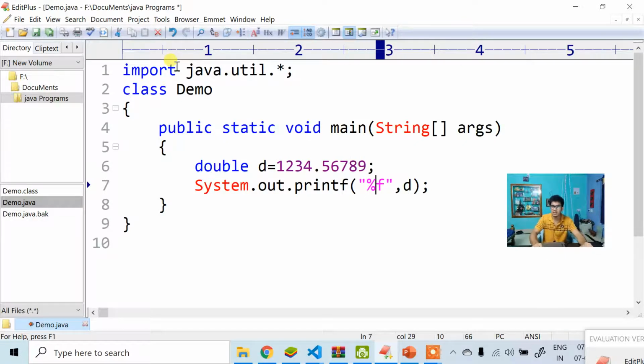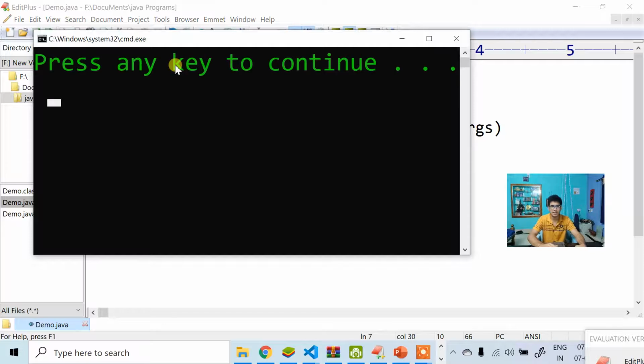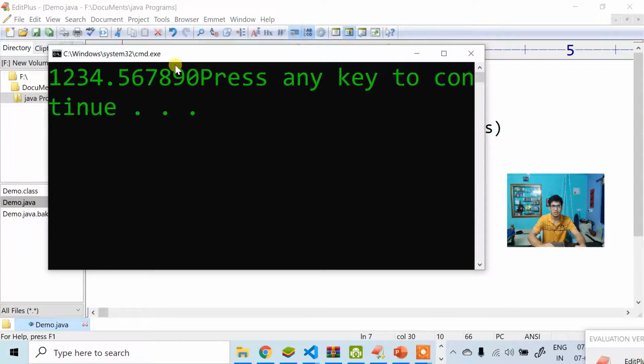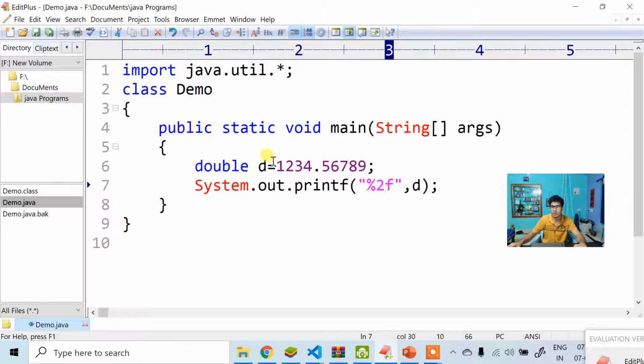What I'll tell here is, let's see, if I tell 2f for percentage 2d, there was something called 2d. Can I tell 2f here? Let's see, 2f I have told. Did anything happen? No, because 2f is for integer. Now if I tell 0.2f,